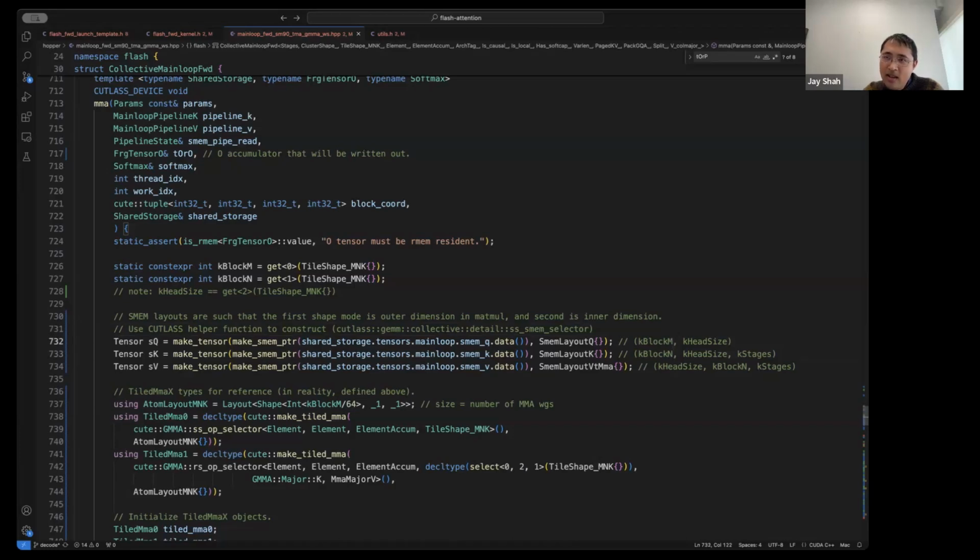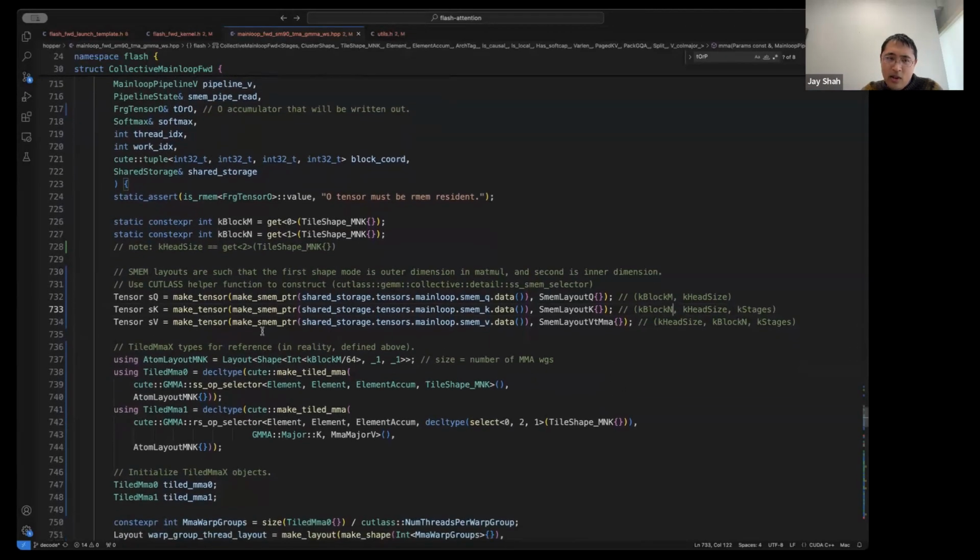K block M is somewhat fixed, so it's going to be a multiple of the WGMMA indivisible size, which is 64 for the operand A. K block N is something that you have a lot of control over, and that's something you tune based on the head size in terms of performance and the register usage of the kernel. This sort of preparation is something you would see also in the Cutlass gem kernels in terms of the shared memory tensors.